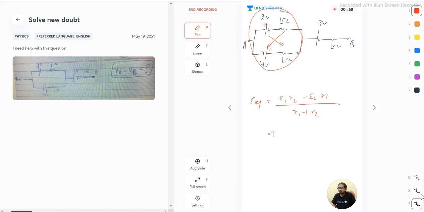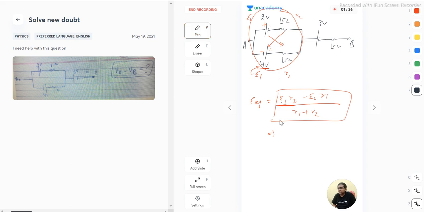So what is the value of E1? I'm taking E1 to be this and R1 to be this, and E2 this and R2 this, because from this formula I have assumed that the product of these two is bigger than this one, and because this battery has more voltage, more potential, that's why I am writing this as E1. It doesn't matter whether you have written it as E1 or E2, the polarity will come automatically here.